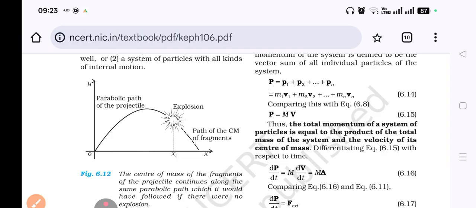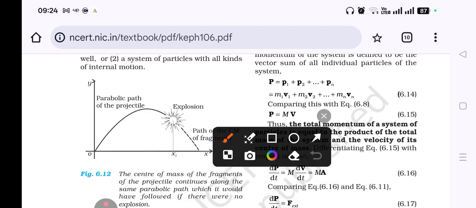told you. So if you see, there is a projectile, suppose this is a bomb, and this projectile is moving in a parabolic path. Very easy to understand. Now while moving through the parabolic path, an explosion occurred in this bomb, and it breaks into fragments. Obviously the fragments will move in different directions,